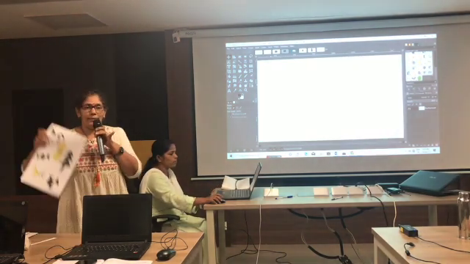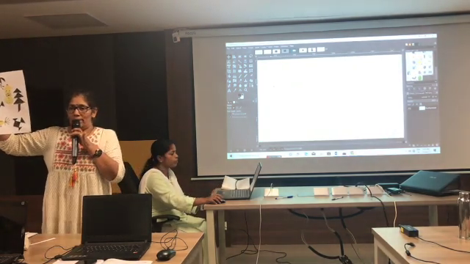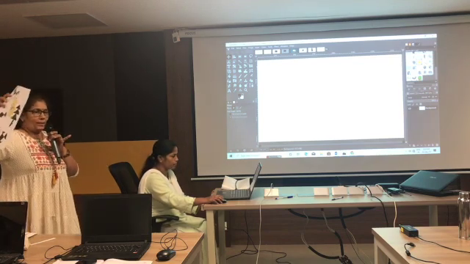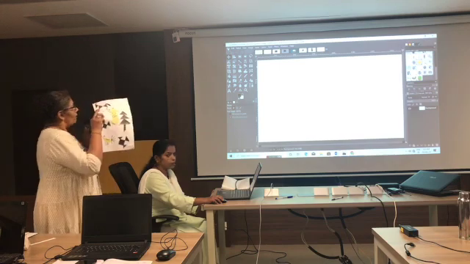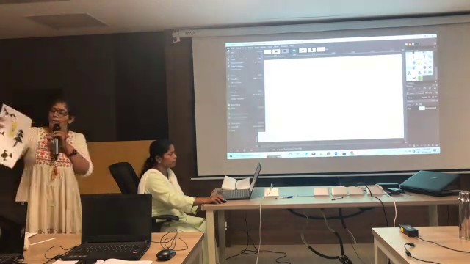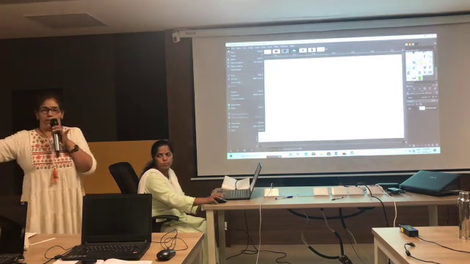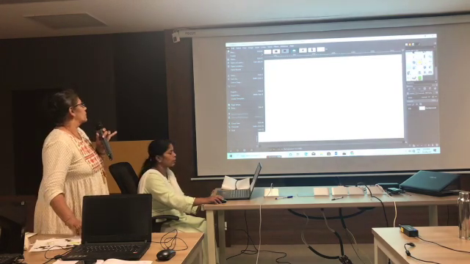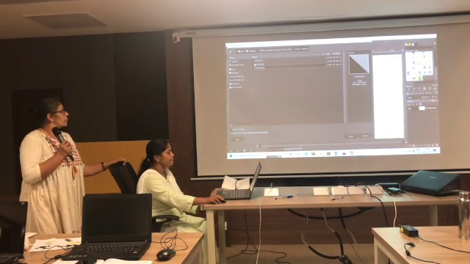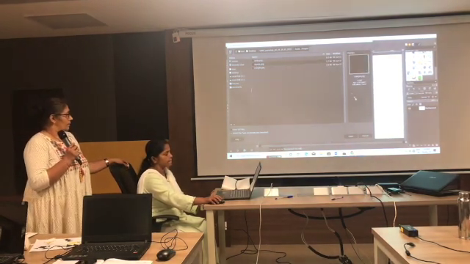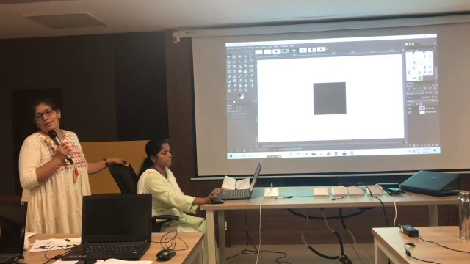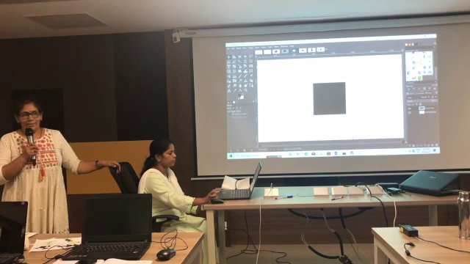We want to insert the shapes. Already shapes are shared with you. I will insert one shape here. Let us insert a square. Now the square is there.